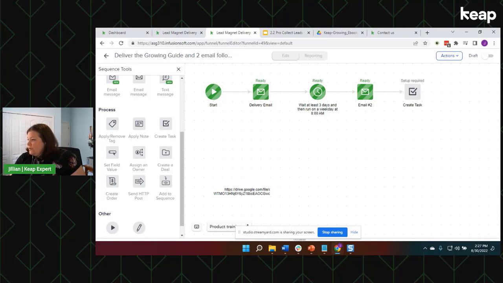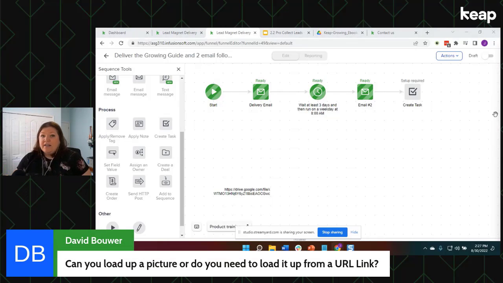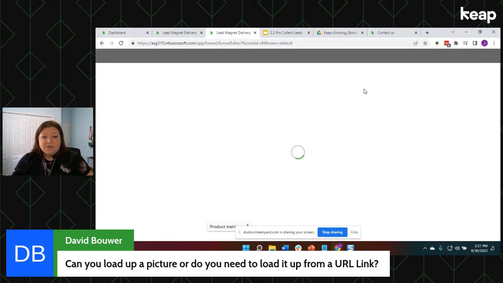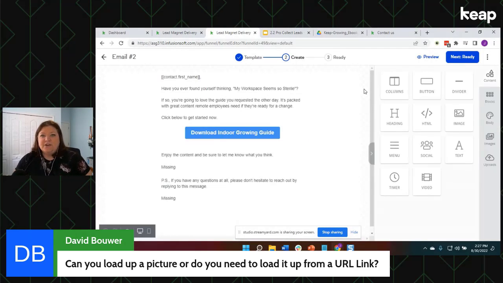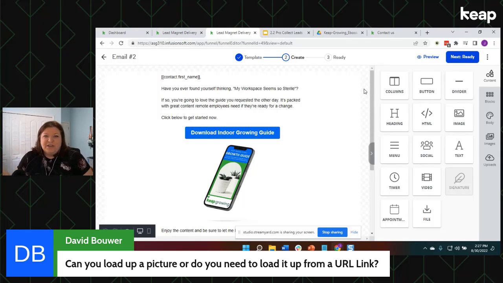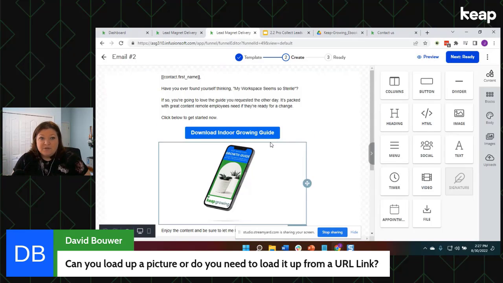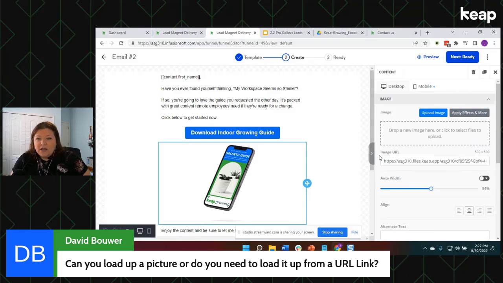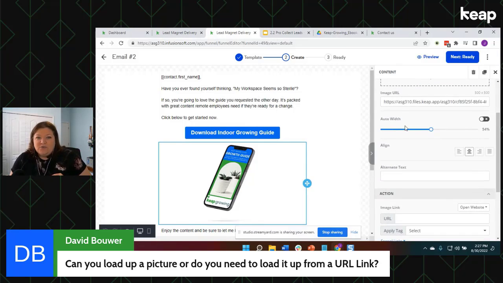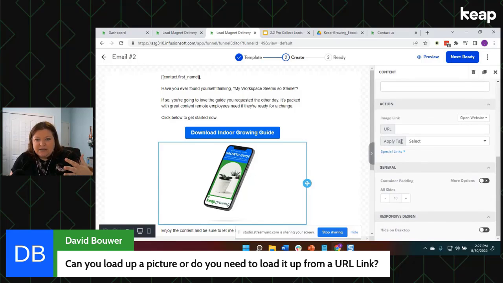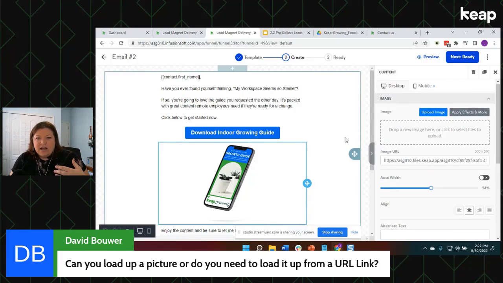David says, can you load up a picture or do you need to load it from a URL link? Oh, good question, David. So you can do both, which is really great. So let's say your image is like a larger image and you need it to be hosted somewhere on your website, Amazon S3. If you have a file storage, something or another, you can totally do that. Or, so that would be here. If you have your image stored on like a separate storage place, you can put it here. Or if you want to actually upload an image, let's see, I'm just gonna